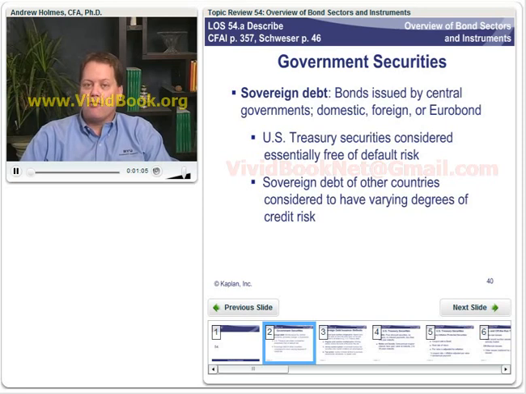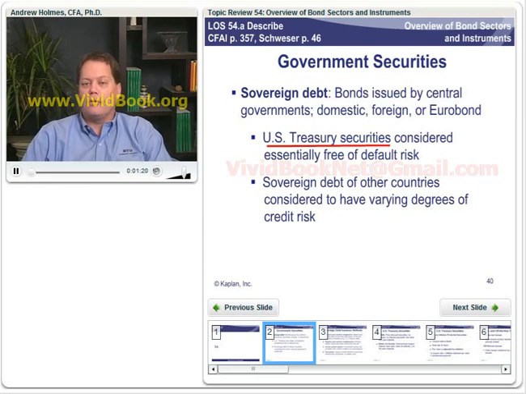The U.S. government issues all of its securities in U.S. dollars, of which they control the supply. They also have an army that can collect taxes and those types of things. So they have very little, if any, foreign currency issued stuff. So this is considered to be risk-free.